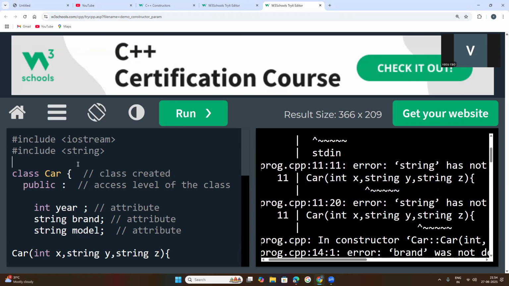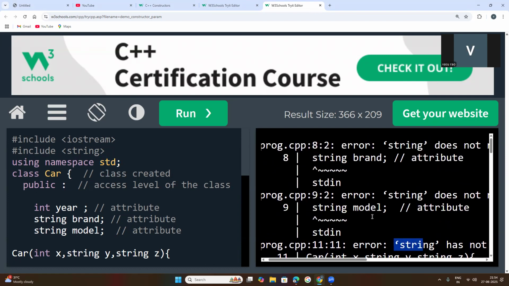That is using namespace std. Std is a library which will be used whenever we are using names for any strings,